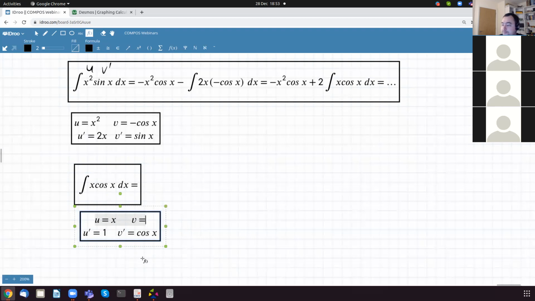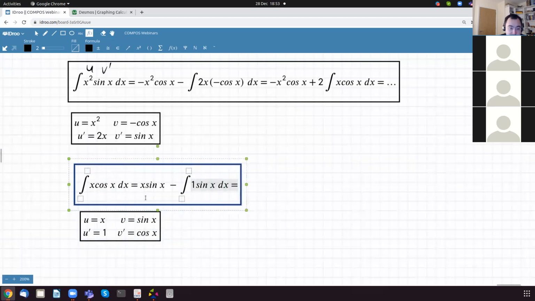Yes, thank you. Sine x. We use the same formula: uv, so it's x sine x minus the integral of 1, which is u prime, multiplied by v, which is sine x,